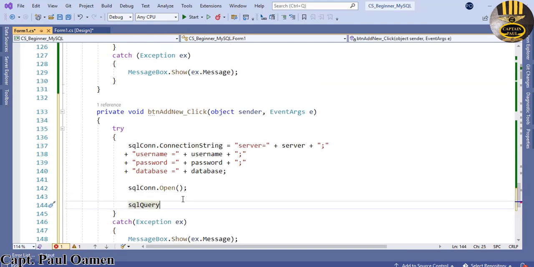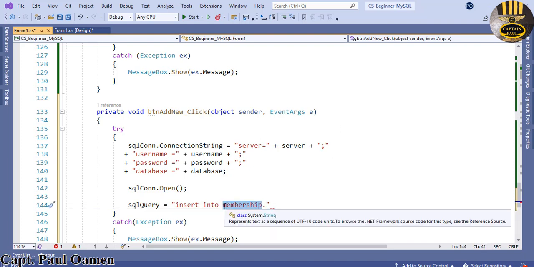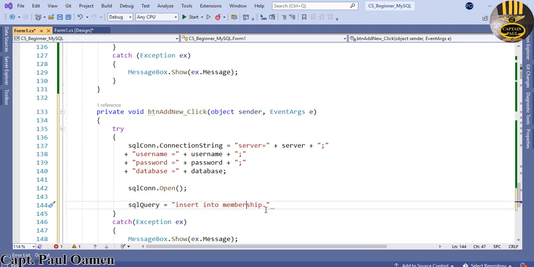SQL query equals, we want the system to insert into membership. That is the name of my database, if you guys can still recall. Membership dot membership, that's the database name, dot the table name is also known as membership, and I will open up a bracket, and this very bracket is taking in the following: